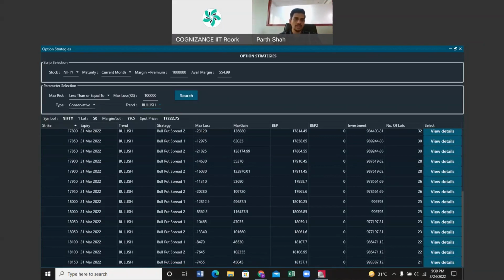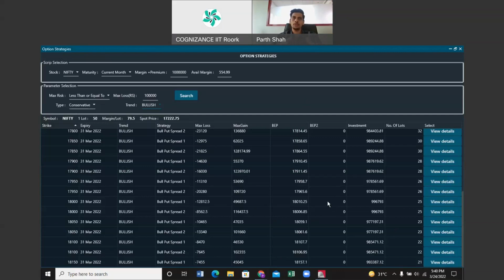So say this is the strike price. I want to trade into the out of money strike price, say 18,150, where I would have to invest about 9 lakh rupees. So that's where I'm trading 21 lots, but you can do it with one lot as well, right? So that's how you can make the changes onto it. Since I have taken my margin plus premium as 10 lakh rupees, basically I have taken it for my appetite.